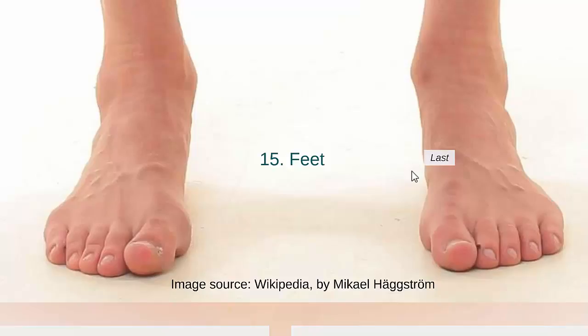Now, you might have noticed that within all the 3 groups I have put tags like last, middle, and first. On the screen you can see the tag last next to the body peg feet. If you go a bit back in the video, then you would also notice these tags in the groups head and upper body. So what is the purpose of these tags? These tags of first, middle, and last are there to help me remember the number position of the